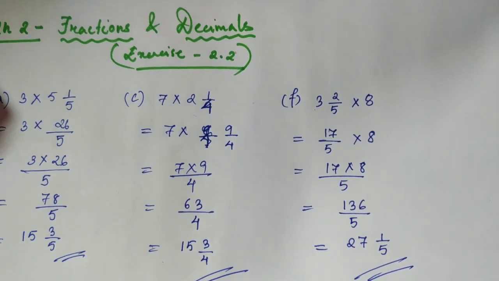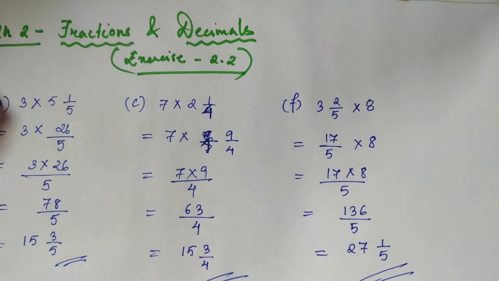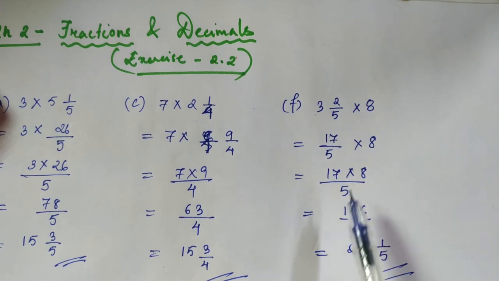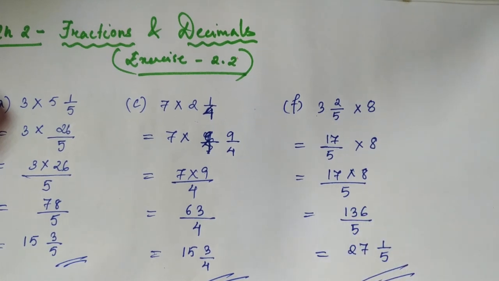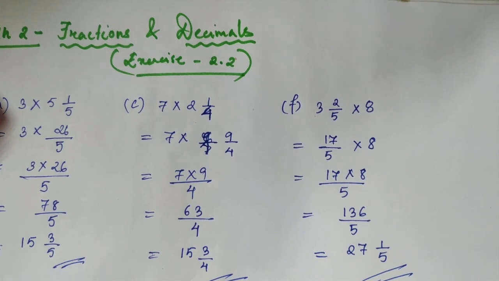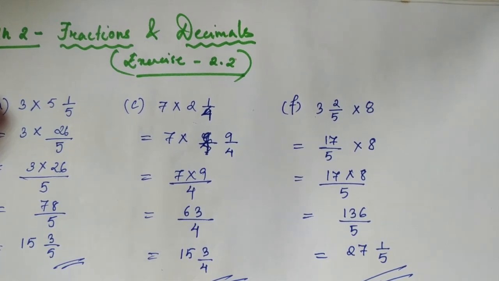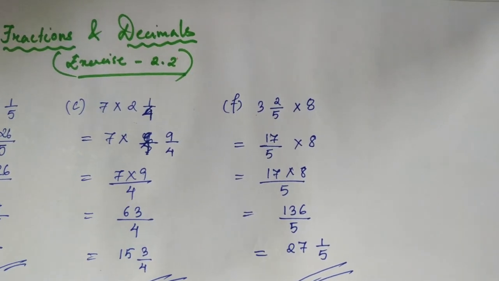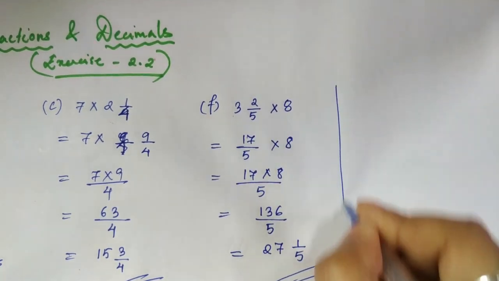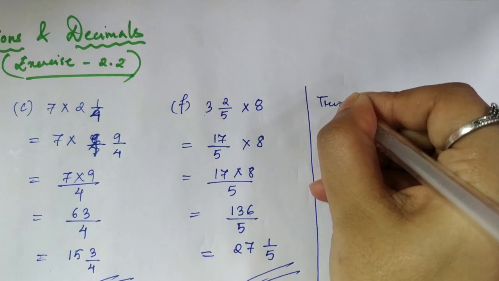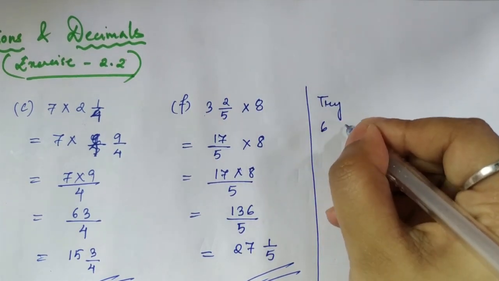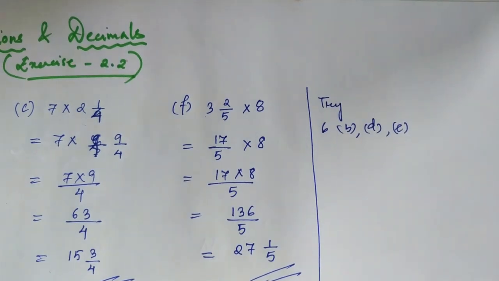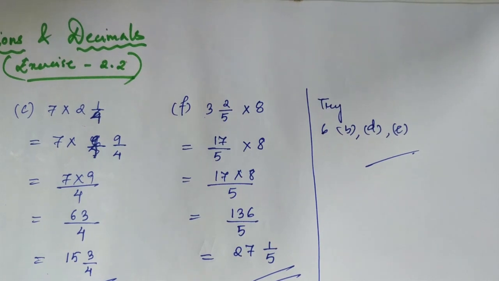So we have converted the given answers into mixed fractions. If it is just directly given to multiply and it is not mentioned to write it as a mixed fraction, then if you complete till here, the answer is also correct. But if it is mentioned that you have to find the answer as a mixed fraction, then you have to do so. There are a few more questions in question number 6, like B, D and E, which I have not shown to you. I want you all to try parts B, D and E after you go through the video. It will help you to practice the sums.